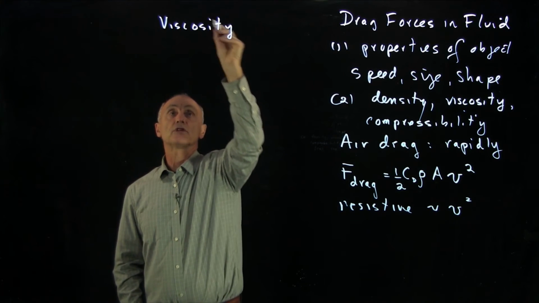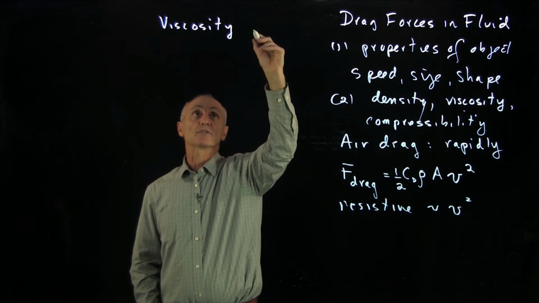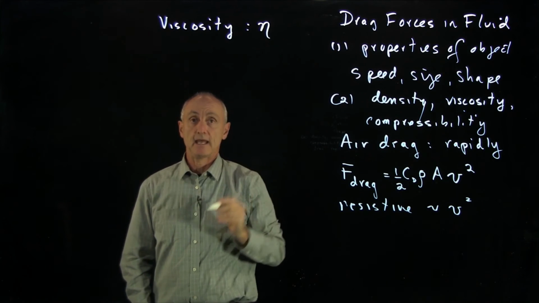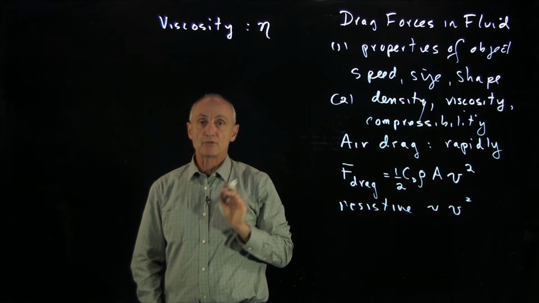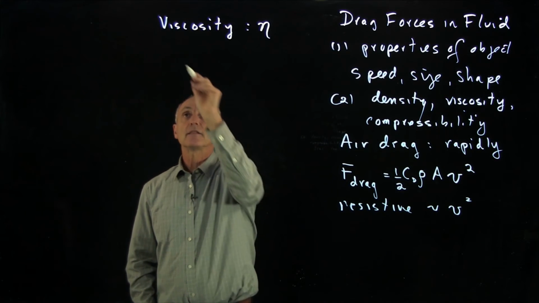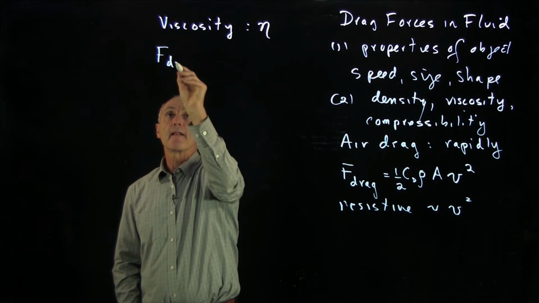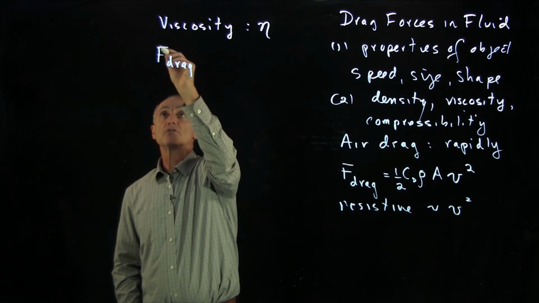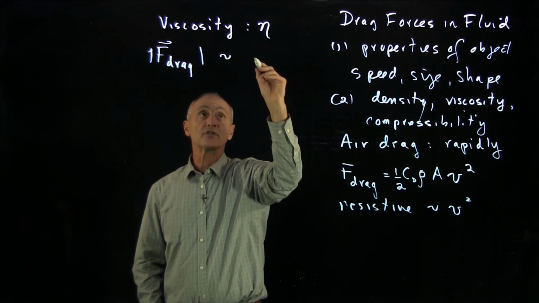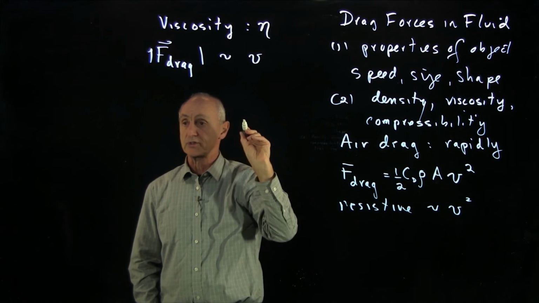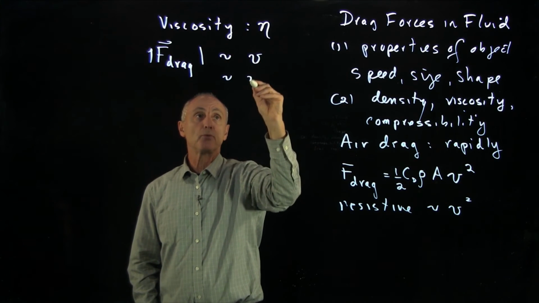Now, we'll denote a coefficient of viscosity by the symbol eta. Now, when we drop an object in a fluid, the drag force in magnitude will be proportional to the speed,